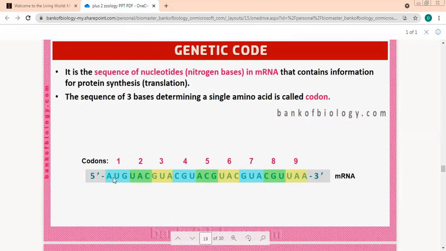Now, after the RNA is made, how are the bases arranged inside the mRNA? Let's see this. The sequence of nitrogenous bases. What is this genetic code? If you see, these are the nitrogenous base sequences in mRNA. This sequence only determines which protein will be produced. When I say three bases together, a sequence of three bases, this will determine a single amino acid. We call it a codon. So there are two things on the screen that we need to understand very quickly.